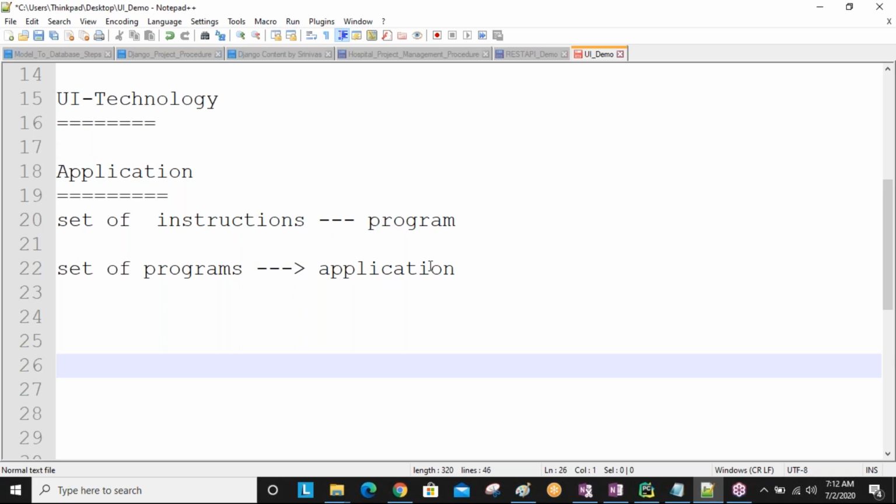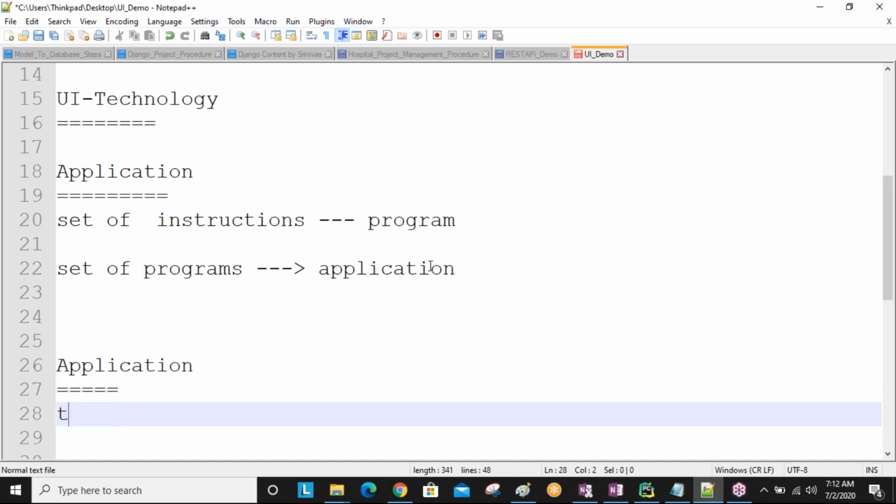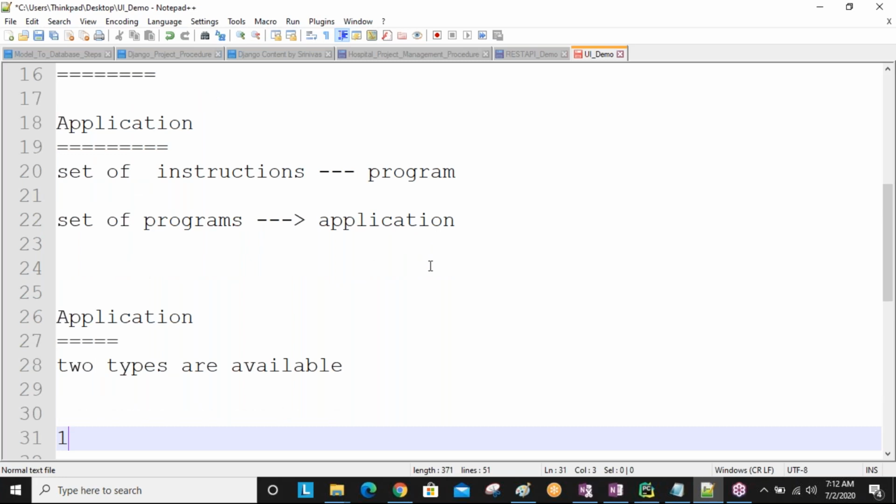Any application, if you want to develop, there are two types for application development purposes. The first one is backend development.